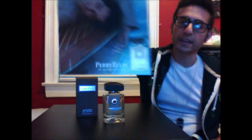So just to give a little bit of anecdotal history behind this fragrance. Back in 2008, when this fragrance was released, I had a subscription to GQ magazine, and it felt like every issue that I would come across was advertising this fragrance in one way or another. So being that I do save these fragrances, I looked for it, and I actually managed to locate this ad